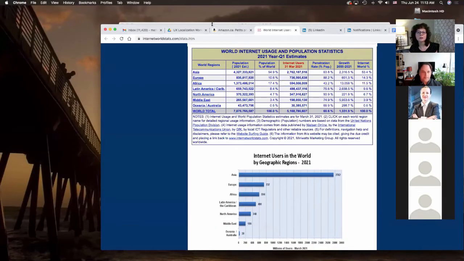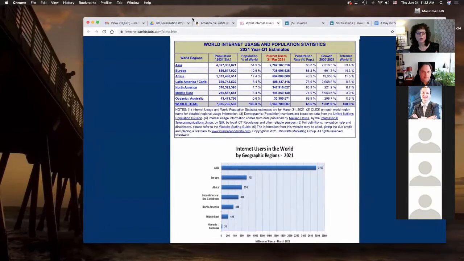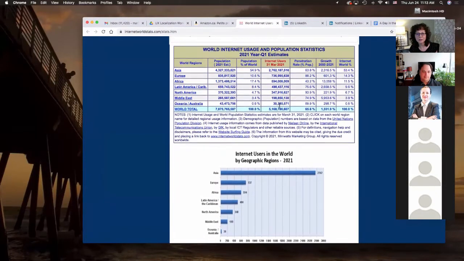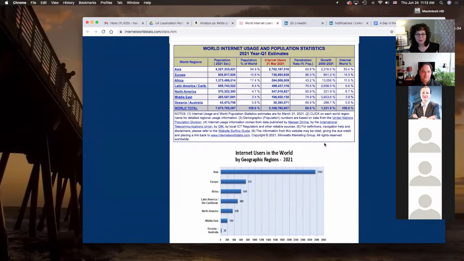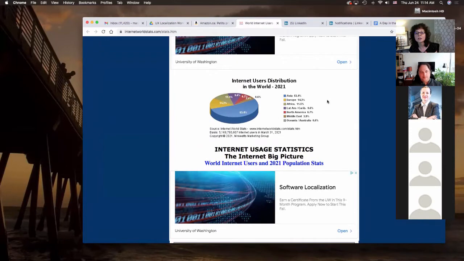Now this is interesting. Whenever we talk about why this is important, I love to bring up this kind of ugly, old-timey type of graph. If you go to internetworldstats.com, I've been watching this since the year 2000 when they started. This is why: there are some huge numbers here of where the world is looking in terms of internet usage. There's a graph up here where it says Asia, 53.4% of the internet users distributed across the world. That's over half. Europe is 14.3.